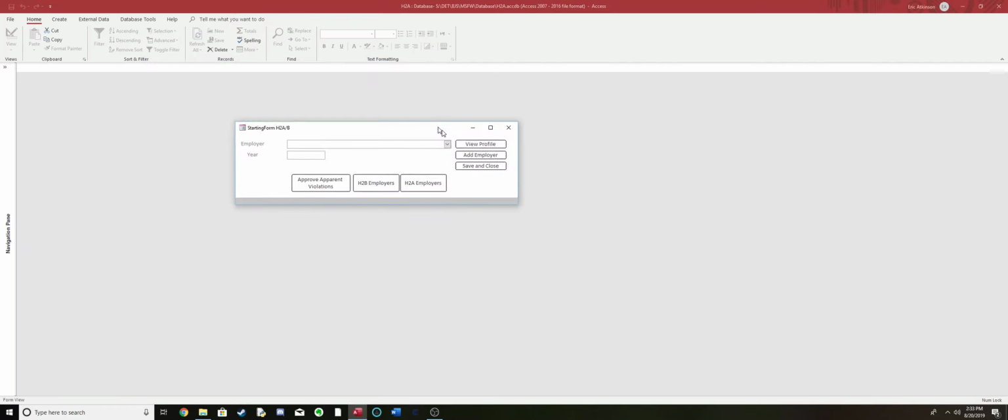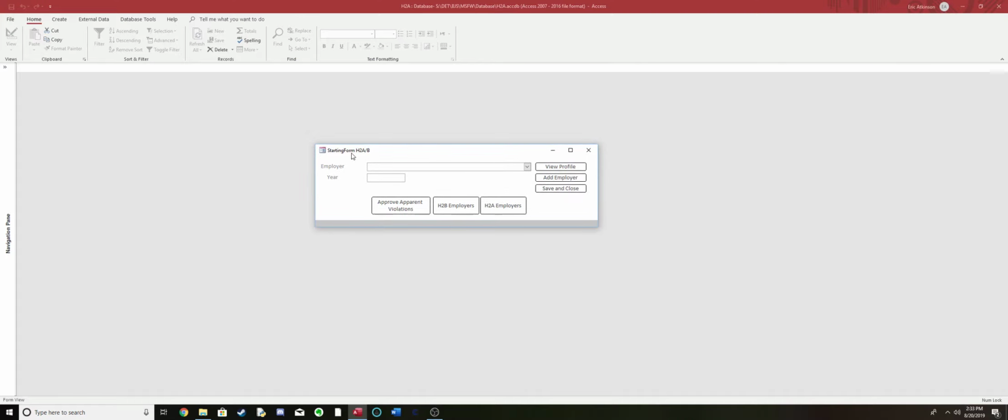Once it begins, we are immediately greeted by the starting form H2A/B, or just the starting form. There's a lot you can do on here, and it's going to be the first thing you see pretty much whenever you open your database. So let's take a little time and introduce ourselves, so to speak. First of all,